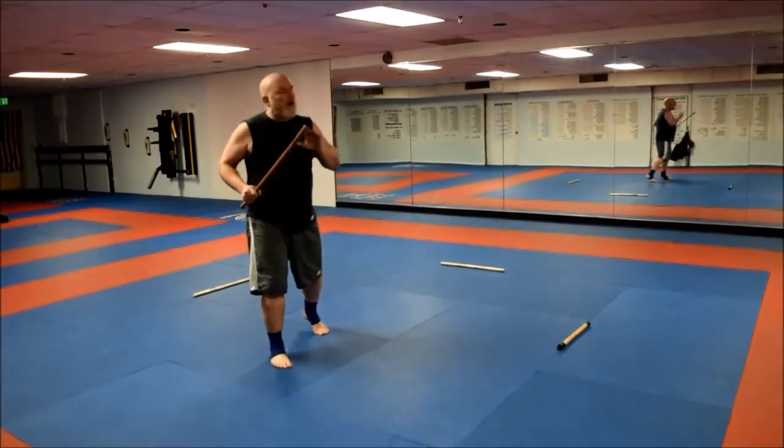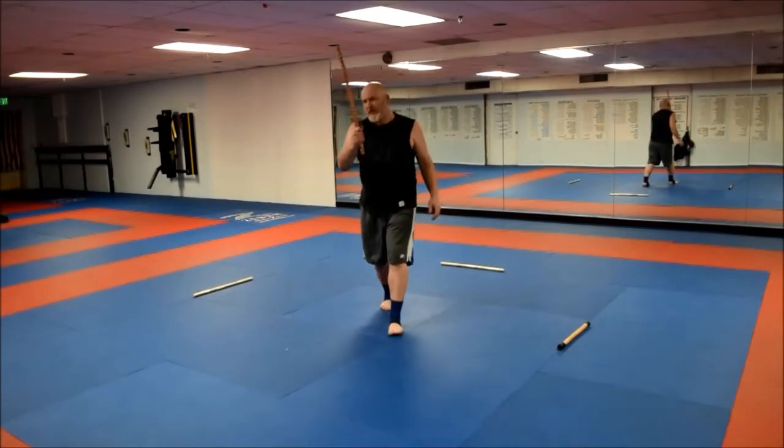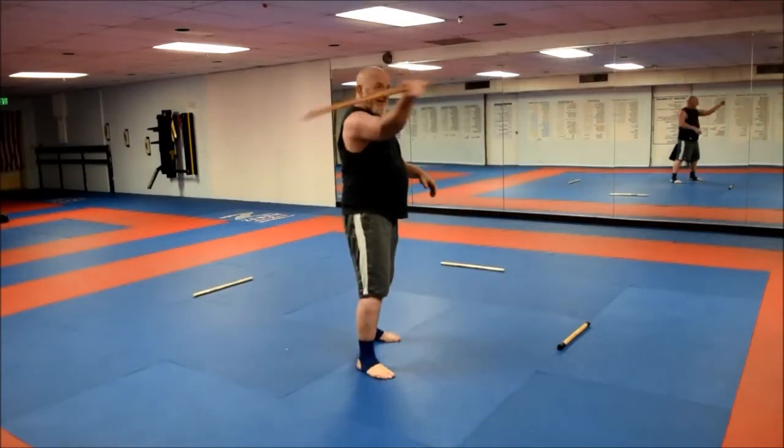If you know he's going high, you can get out of the way, and that body motion goes into the power of your hip. That's excellent against the hand. If he committed to this,